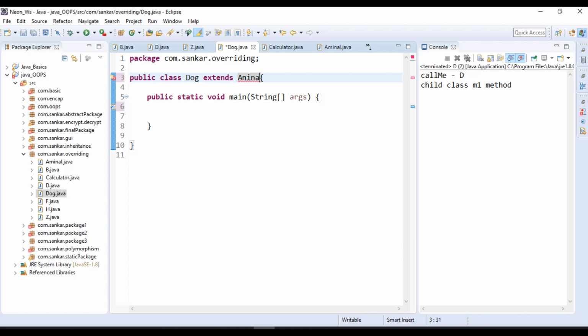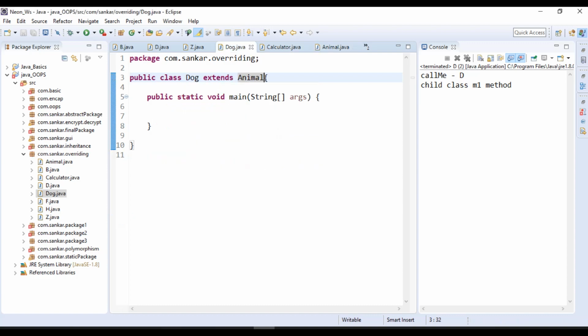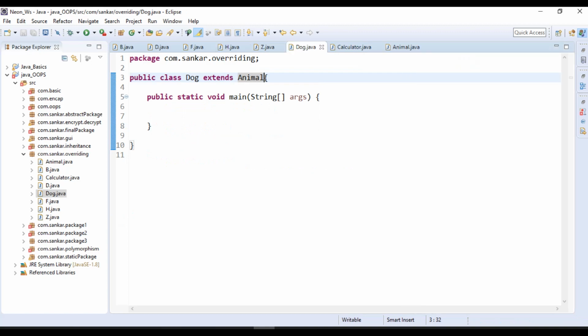So what is the main usage of that extends keyword? It means that is a relationship. So now we can acquire the parent class properties also. Sorry, animal. So now the dog class can acquire the animal class properties also, right? Up to now it is clear, right?